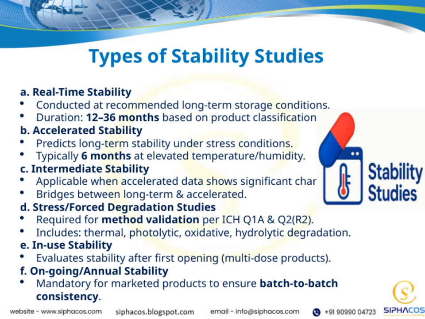Moving on, stress or forced degradation studies are critical for method validation, as outlined by ICH Q1A and Q2 R2 guidelines. These studies involve intentionally stressing the product through thermal, photolytic, oxidative, and hydrolytic conditions to understand degradation pathways and ensure analytical methods are robust. We also need to consider in-use stability, which evaluates how the product holds up after the first opening,